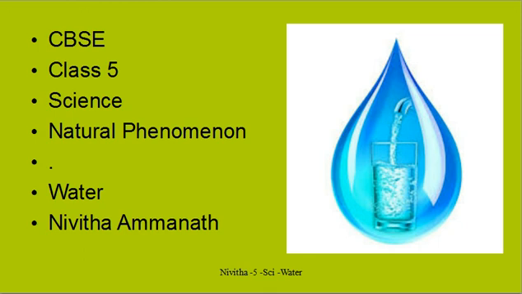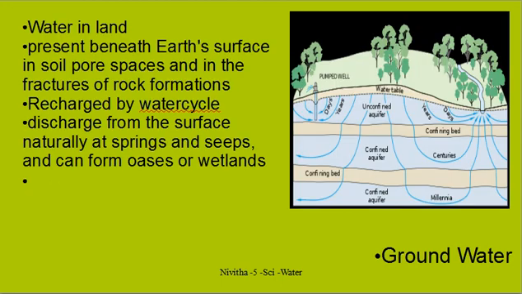Without water, no living being can exist. Because of the absence of water, other planets do not have life forms. Water is one of the natural phenomena, like air and sunlight. Water is a natural element. Water is found on ground as well as in the seas. About 71% of the earth is water and 29% is landmass. On the 29% landmass, we have some water, but the 71% oceans are also the main source of water.